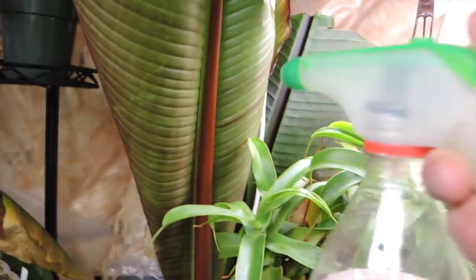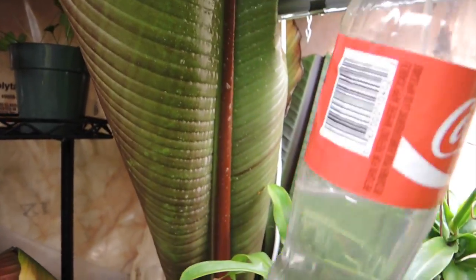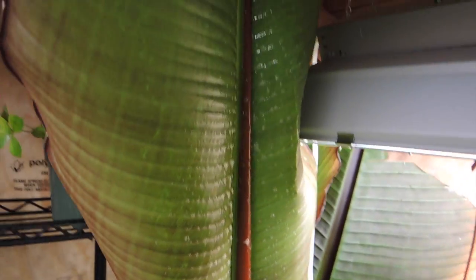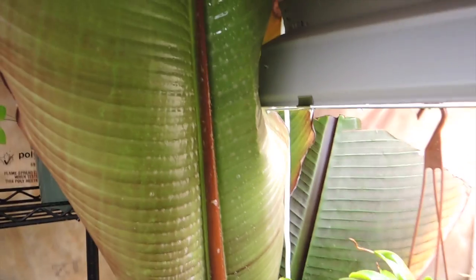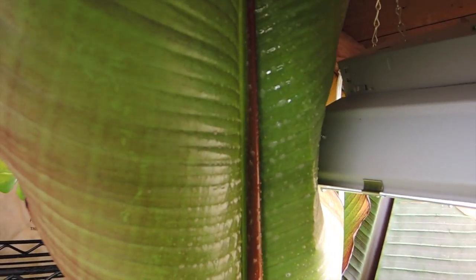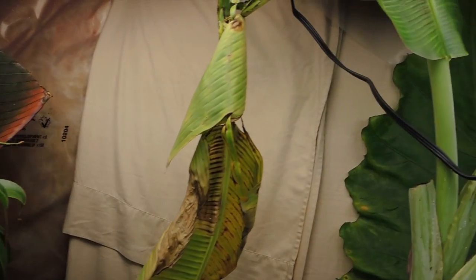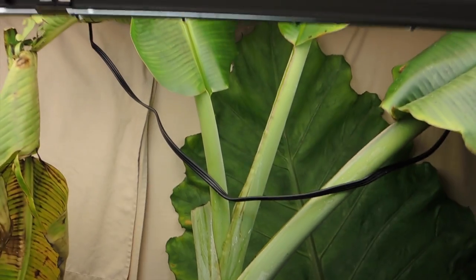stuff. So when I spray it, this leaf is clean, but in the past, you would be able to see a webbing, and I would just spray it with this until the webbing would disappear, and hopefully it's really doing the trick. Here is the